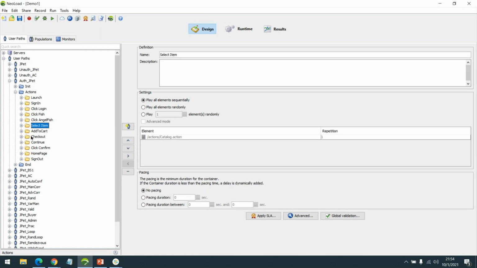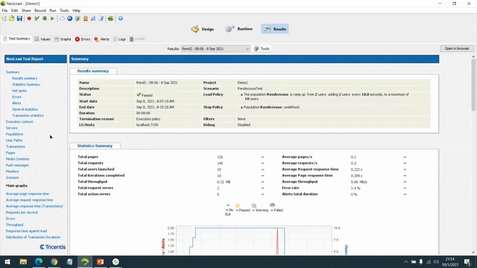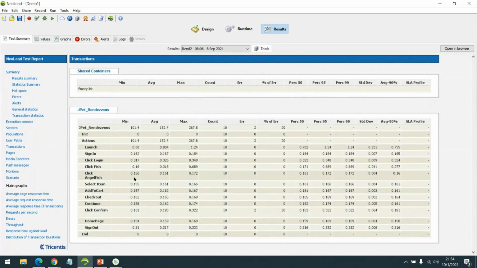These records exist for a different reason altogether. In the course I will tell you why they exist, and where and how we have to use them. The best way is we just execute it, and then in the results, maybe in the transactions, we'll be able to see it.